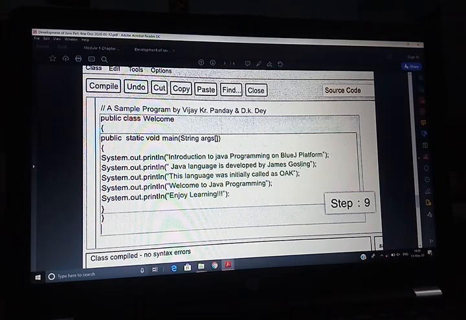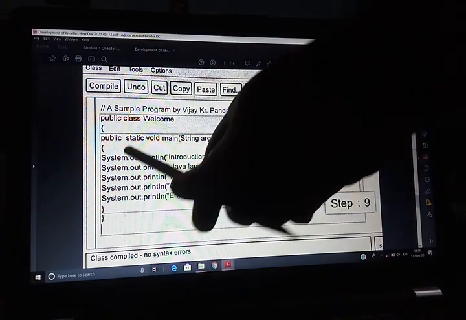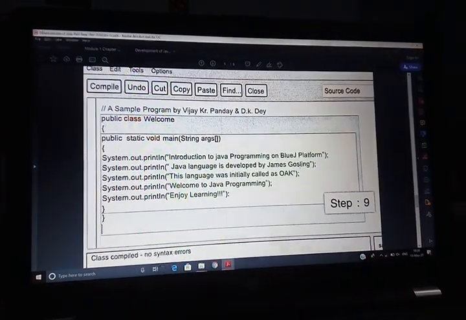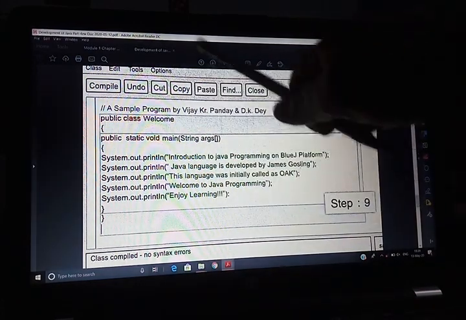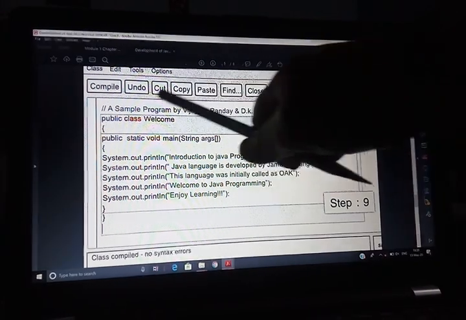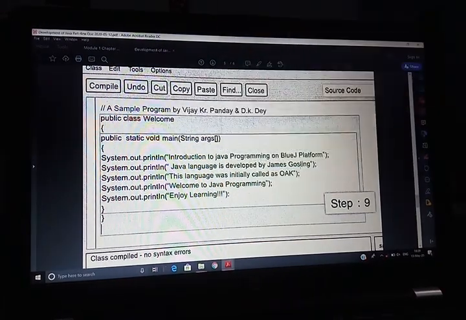Then next, it contains the main function. The execution of the file starts from the main function. So first is the comment, the second is the class created, class name is welcome, then third is opening braces, and fourth is the main function.